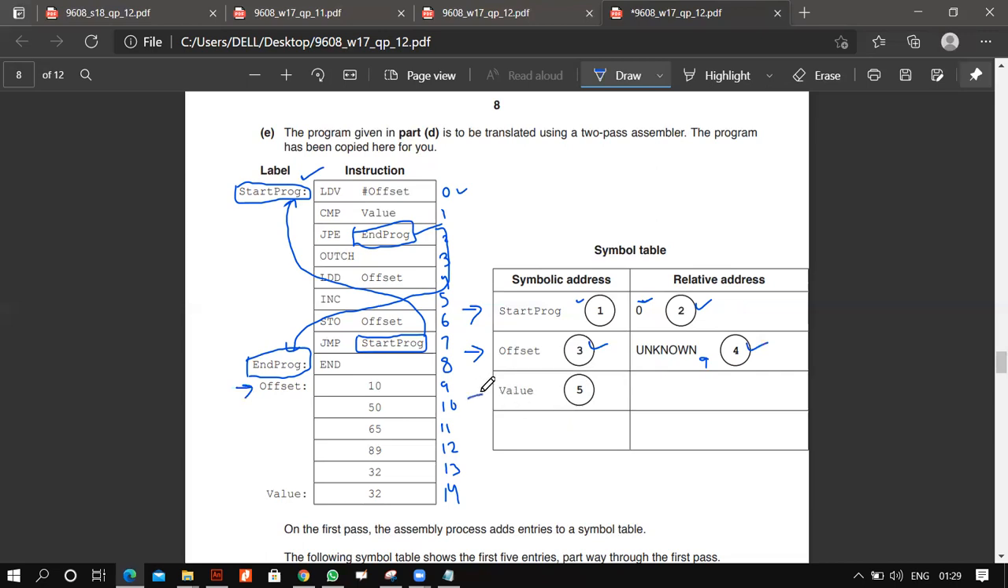Then we come to value. As you can see, this is the value, and this is our fifth step. This will have a relative address of 14, or you can write unknown over here. Right? Then after that, you can see over here that after the year,